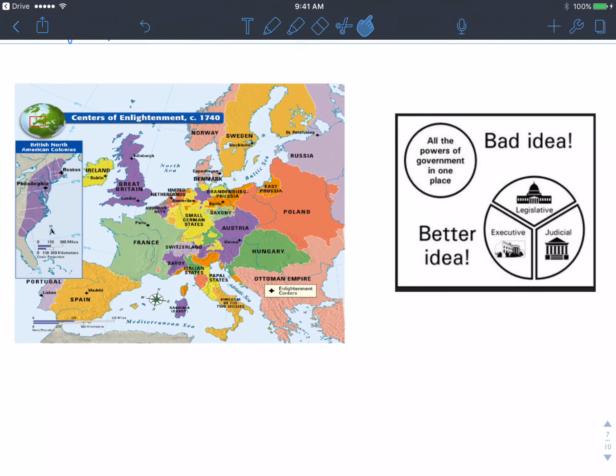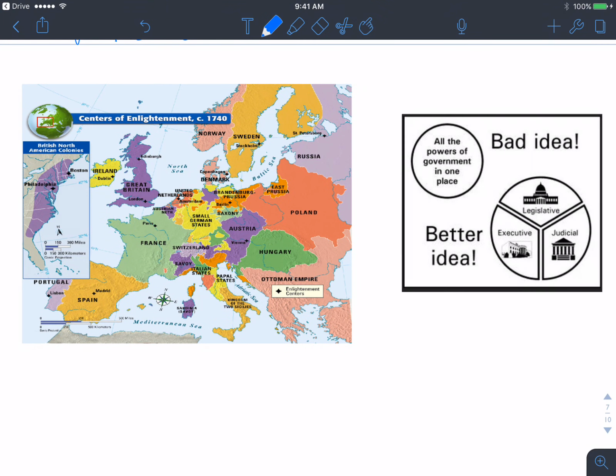Let's look a little bit at geography. Here is where we see France, Spain, Austria, even Sweden, parts of Russia, St. Petersburg, all of these different centers of thinking. And again, it's going to make its way over to the colonies. We're going to see Boston is going to be a huge hub of knowledge and inquiry, as well as Philadelphia. And we'll talk about those individuals in class a bit more.